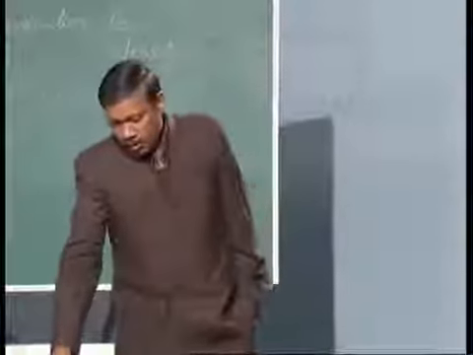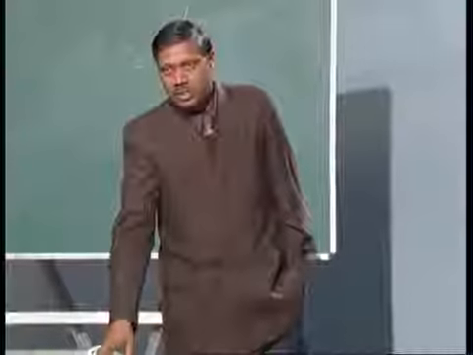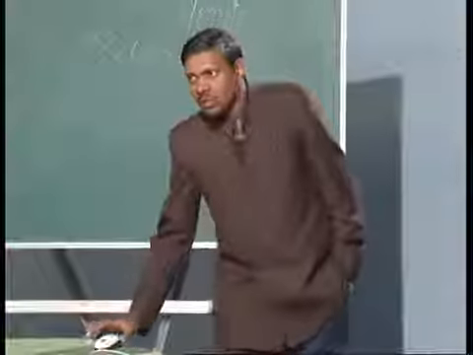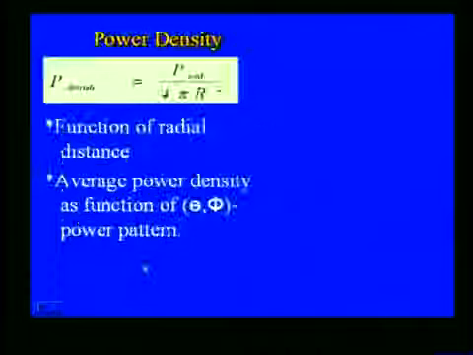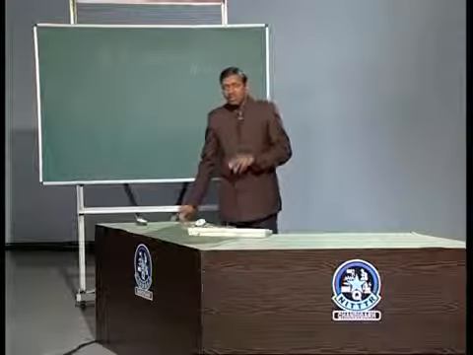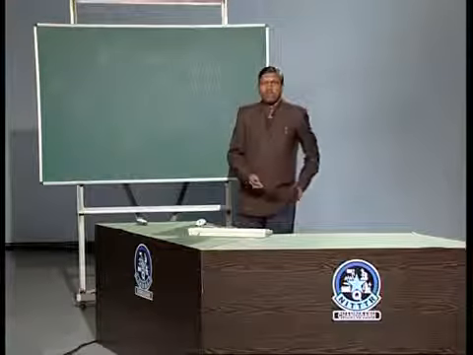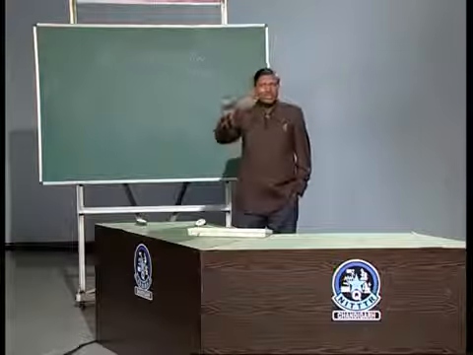So, when you have a P average or the average power density in front of you, integrate that over the surface, then you will get the total radiated power. Now, once you get this total radiated power which is coming out of the antenna and is getting distributed in the surroundings, then this distribution averaged over the distance, like